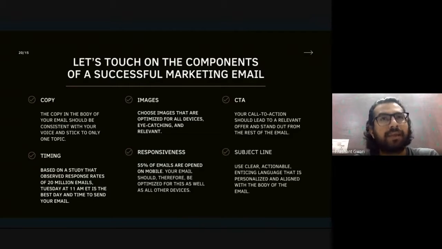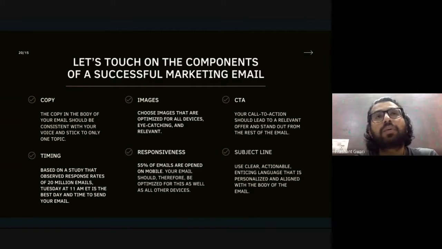Same thing with email marketing. If you are spending 1 hour on an email marketing template, spend at least 1 or 2 hours on your subject line, because the subject line will decide whether they will click on your email or not. And once they click, you will get a higher open rate. So focus more on your subject line.